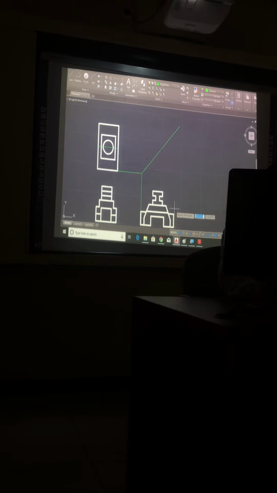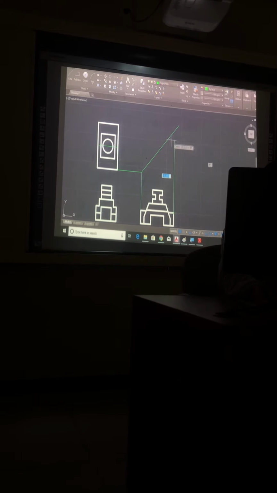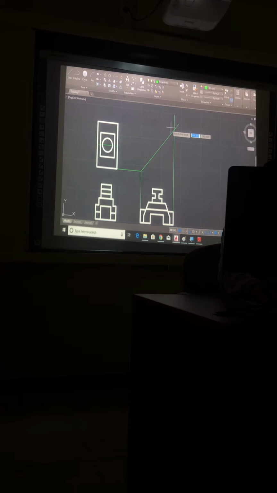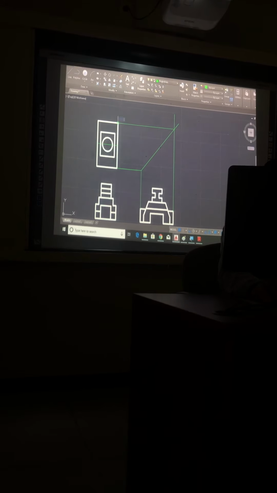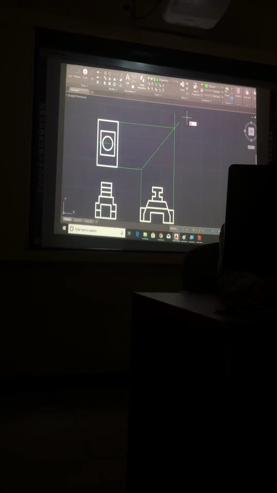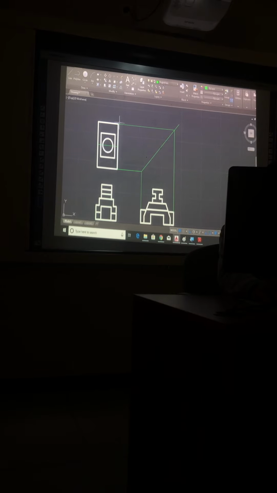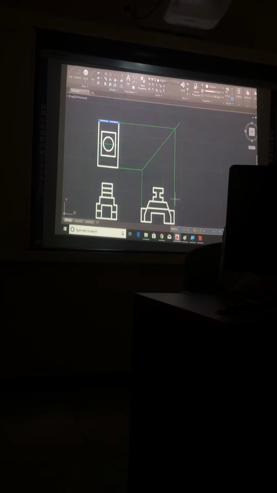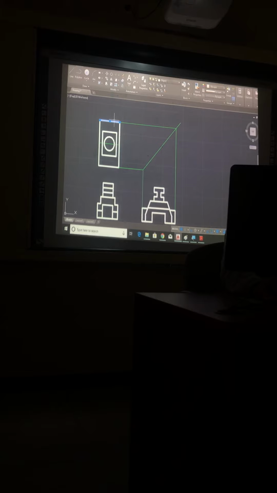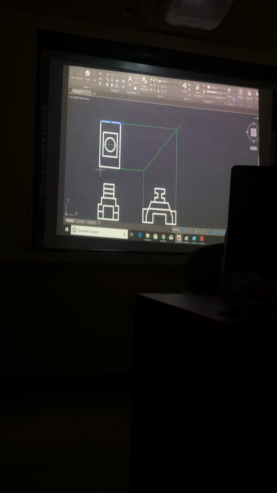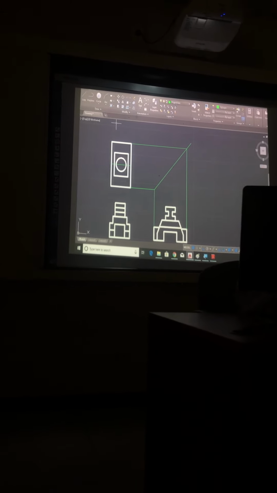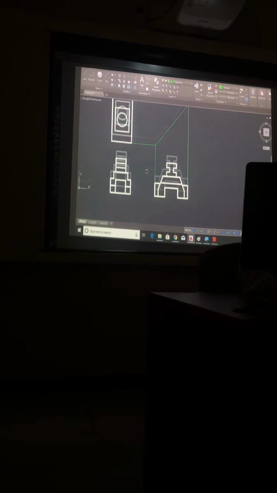The proof that you are correct: if you take this line up here and turn it 90 degrees, you see it is going to the end of this object. The end of the object here is the end of the object here. This is 100 and this is 100, right? So this is the proof that you are right. Now, guys,